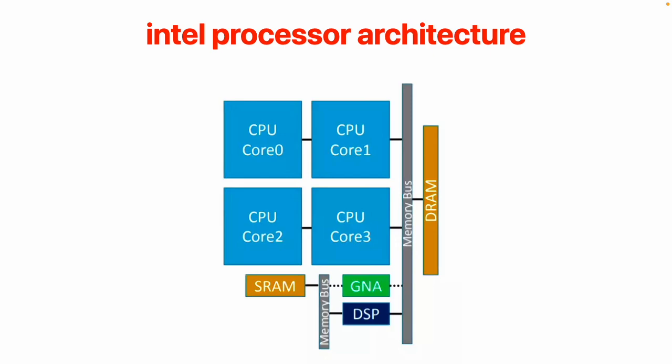And for the unified memory issues that Andrew talked about, in fact, if you look at this, this is solvable with an SoC. If you look at the architecture that Intel shows, the GNA accelerator and the DSP have their own SRAM area on the SoC. So that's a solvable problem. You can just have separate caches for each hardware unit. However, the real problem here is that at the front end, those